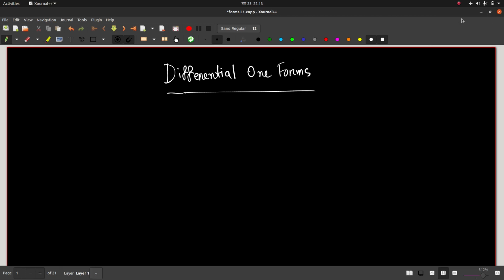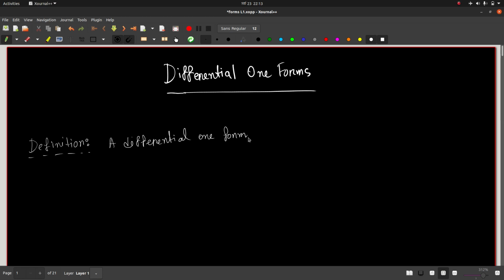So in this lecture we are going to finally define differential one forms. So the definition for a differential one form would be the following. So this is the definition. It says that a differential one form, let's call the differential one form alpha, on a manifold